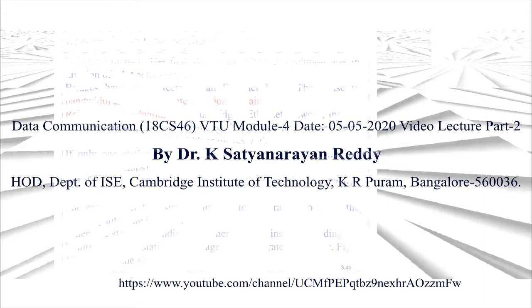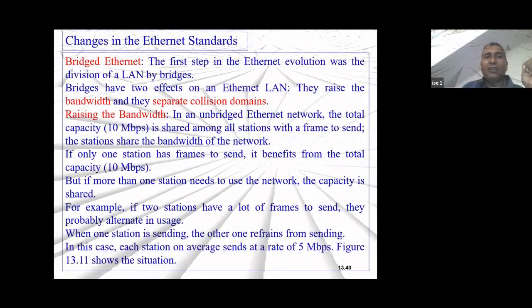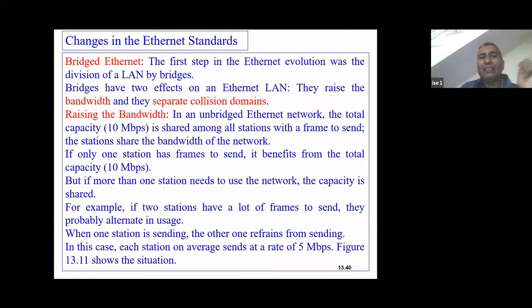Of what I meant to say, Ethernets. The first one was called bridged Ethernet, so Ethernet that is connected through a bridge. Basically, most of the Ethernets were having a bus topology. Now, when you connect two separate LANs using a bridge,